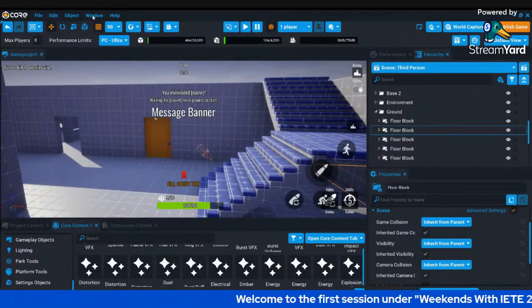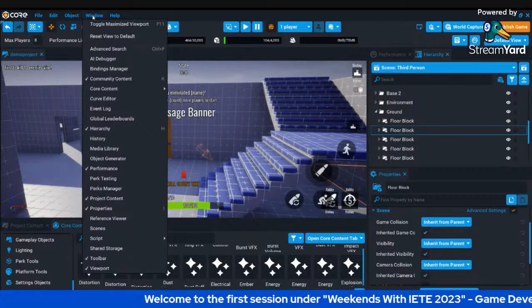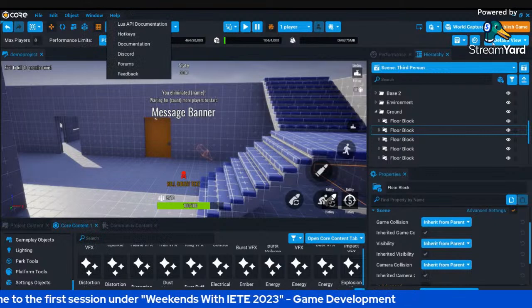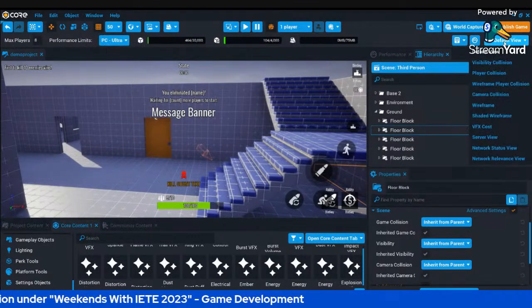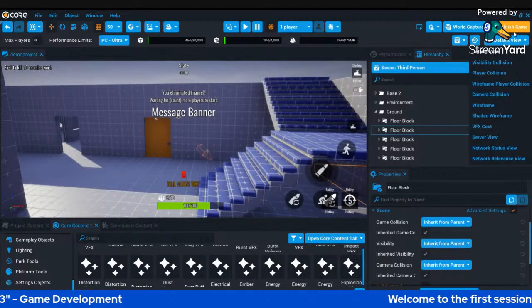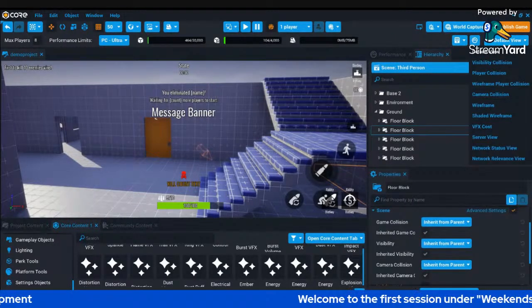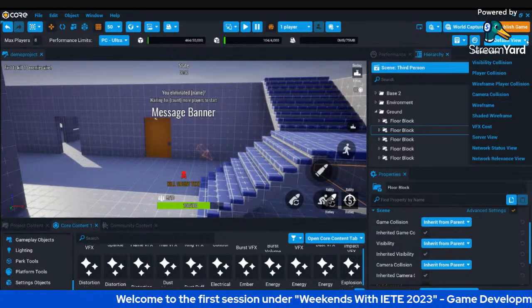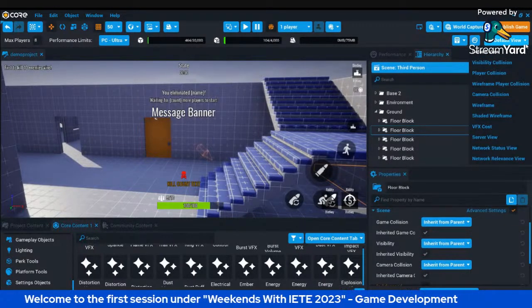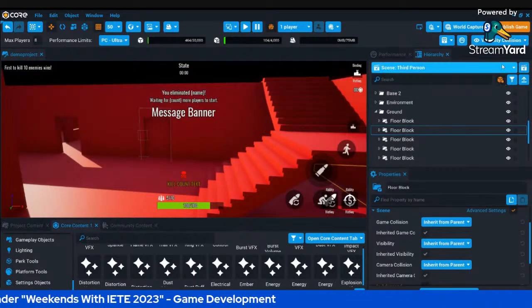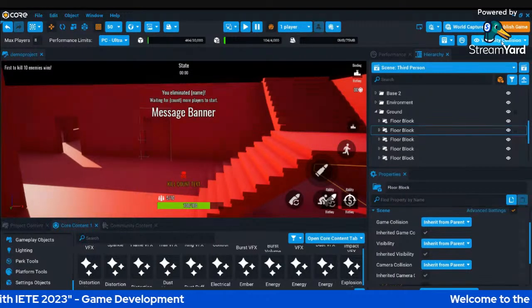Now we'll go to view. And one more thing that it provides, can you see here on the right, before publish, below the publish screen, there is a default view option. Now this is visibility collision.